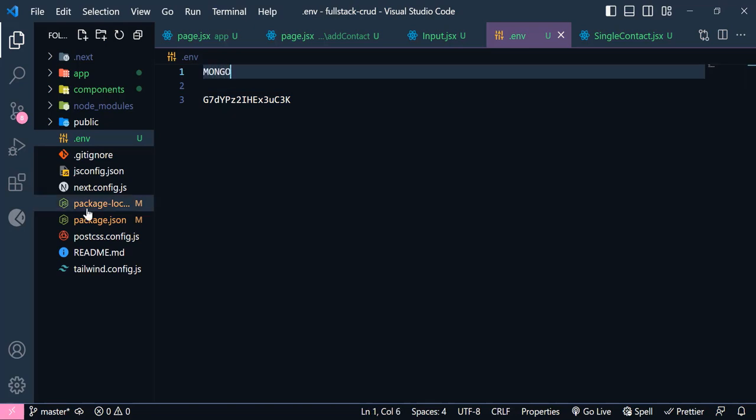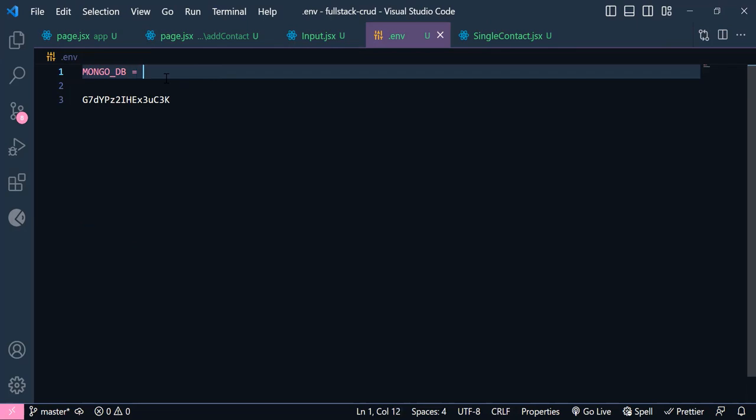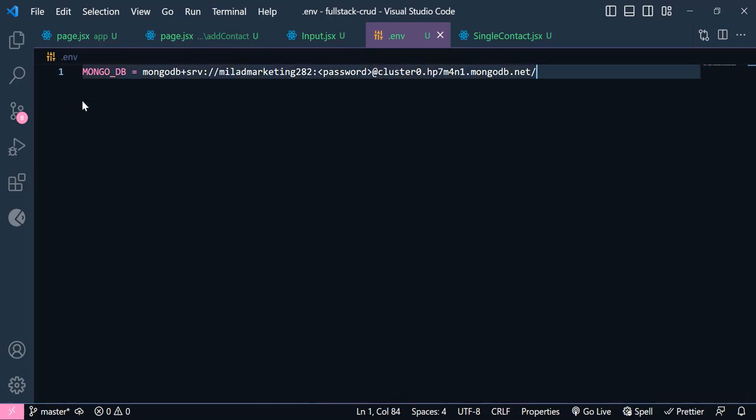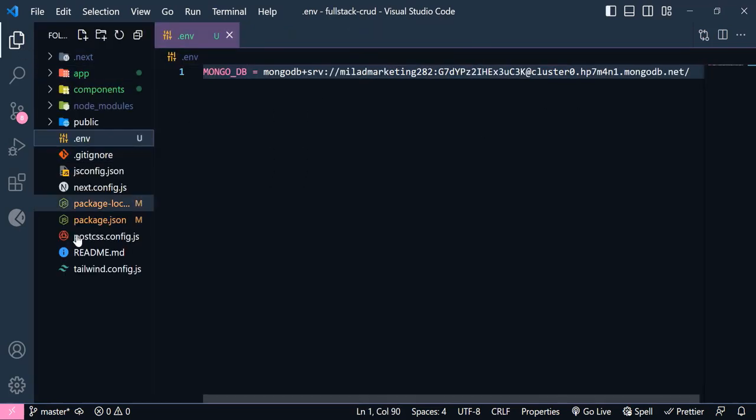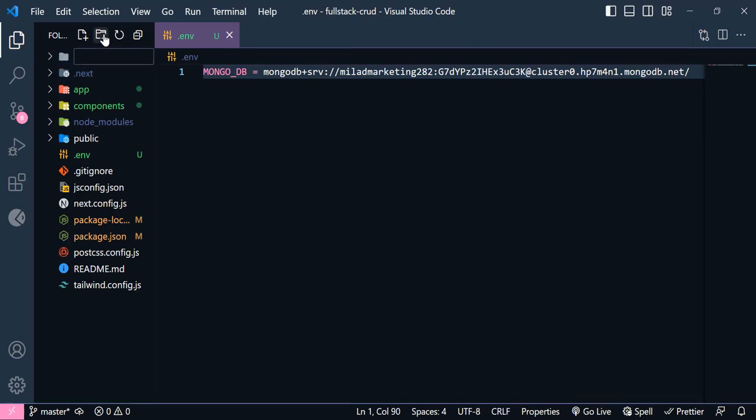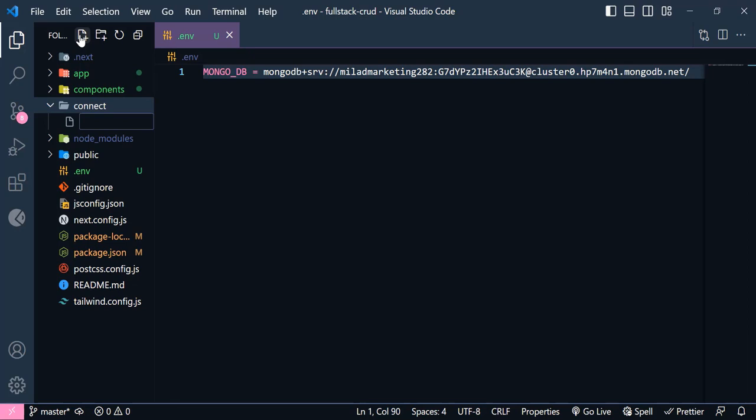I'm gonna name this MONGODB, which is equal to this URL that we just copied, and just paste this password in here instead of this password. Now let's see how you can connect our database to our Next.js. So in the root of my application we need to have a new folder. I'm gonna call that connect, and inside here we need to have